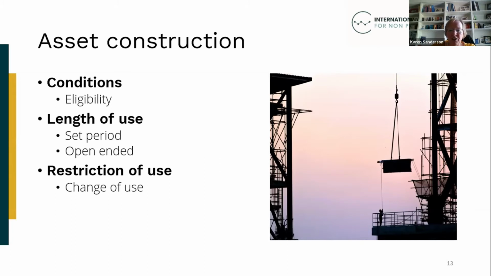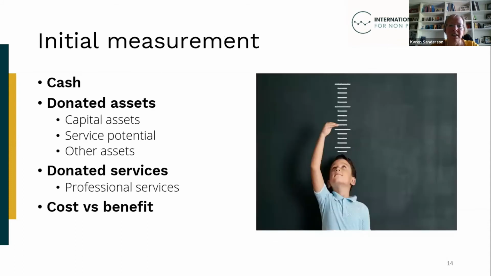If asset use restriction is considered a performance requirement, there may also be a challenge in understanding when a condition is met. Would it be over the period that the asset is constructed or acquired, or over the lifetime of the asset? There are some really complex things to consider here. So we've looked at control and recognition, and we have touched on reliable measurement, but I want to turn more specifically now to look at measurement.